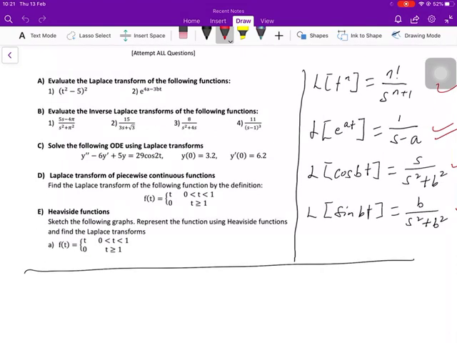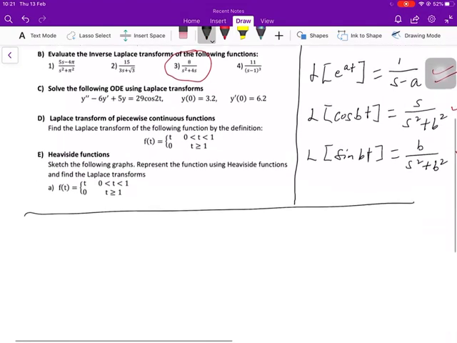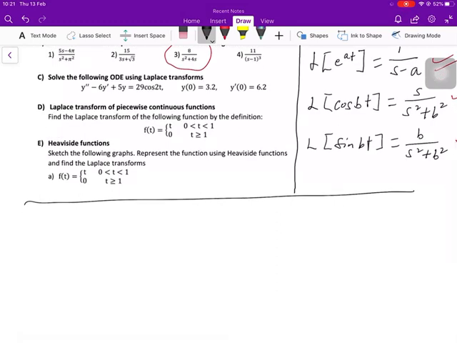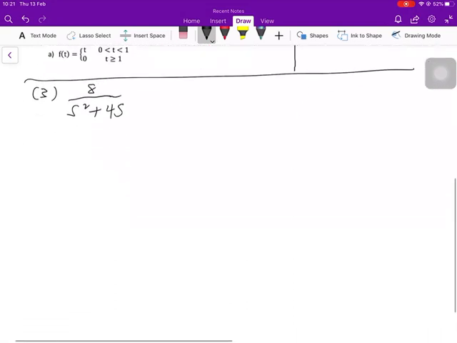Number 3 for the inverse Laplace transform. So question number 3, we have x divided by x squared plus 4x. So we put this into our inverse Laplace operator. X squared plus 4x,